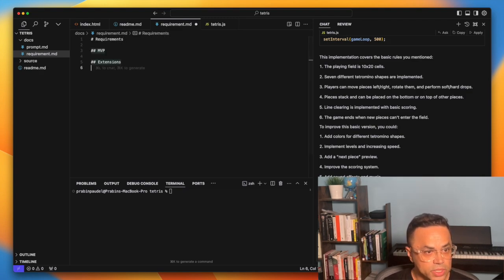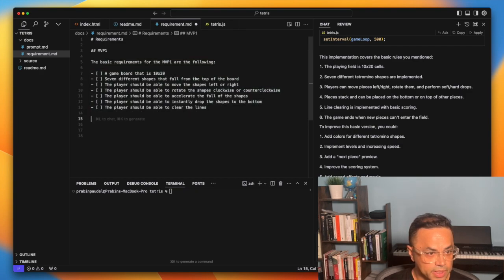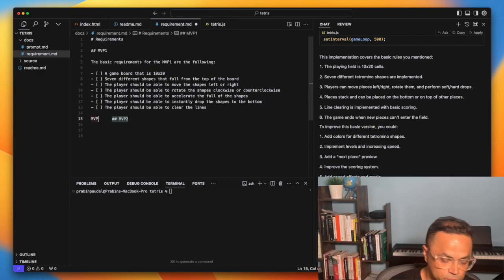For requirements, we'll try to just add requirements. So for requirements also, if we do like an MVP1, the MVP1 was the basic requirement. So the basics are the following. So now let's say that is the basic requirement. So now for MVP2 we can say